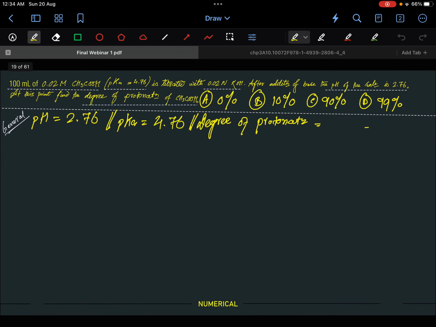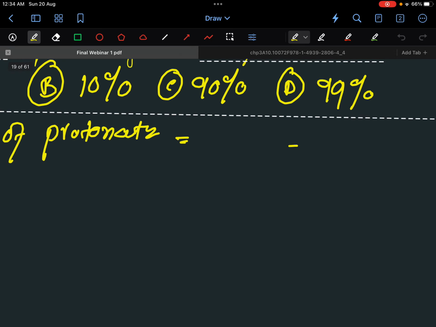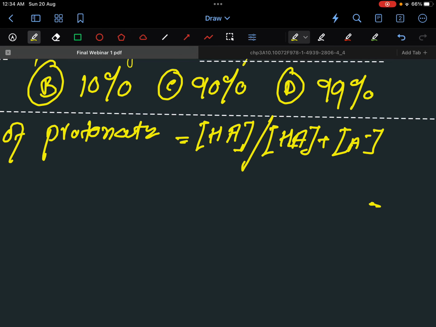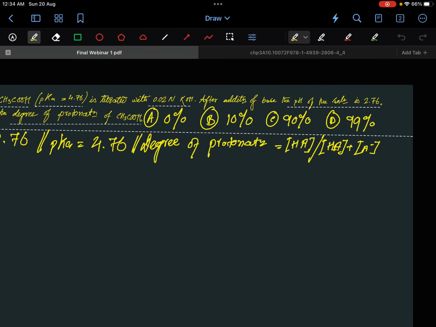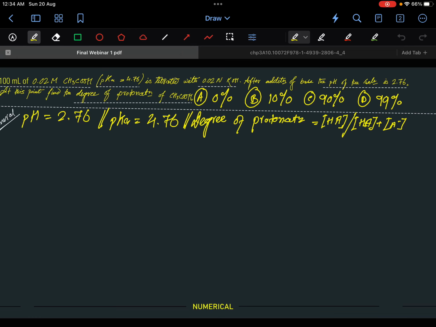Now we have to find the degree of protonation. So the degree of protonation is nothing but the concentration of the protonated form divided by the summation of the protonated form and the deprotonated form. It is a very simple concept, right? What is the degree of protonation? It is the concentration of the protonated form by the total. So what is the total? The total is the concentration of HA, the protonated form, plus the deprotonated form. Okay, so if you plug in the values,